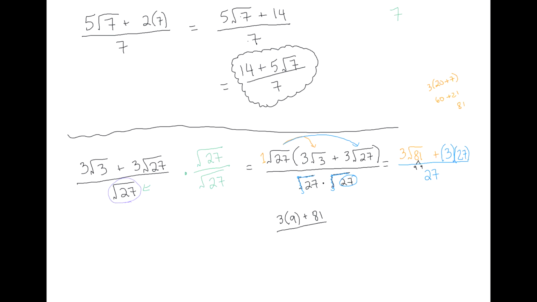Over 27. So 9 times 3 is 27. Plus 81. Twenty-seven plus 81 is 108. We can simplify because